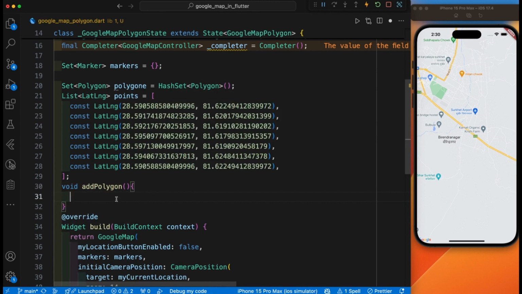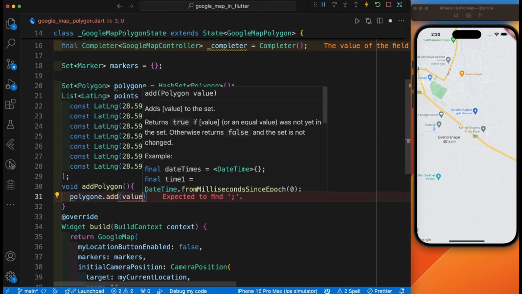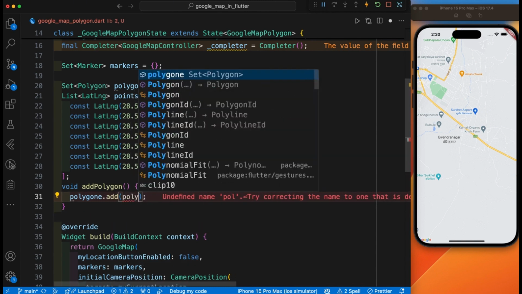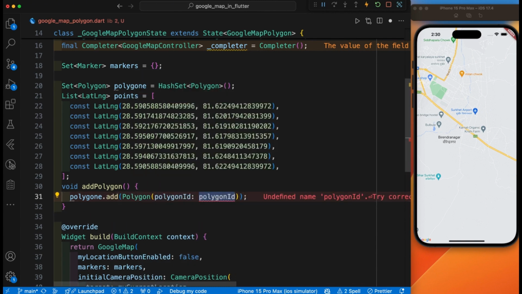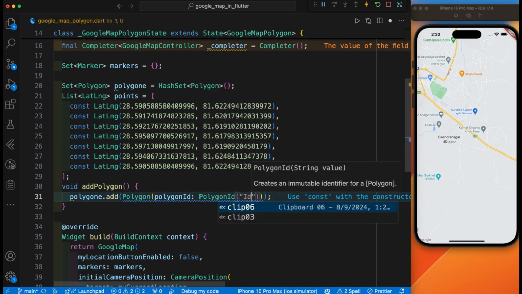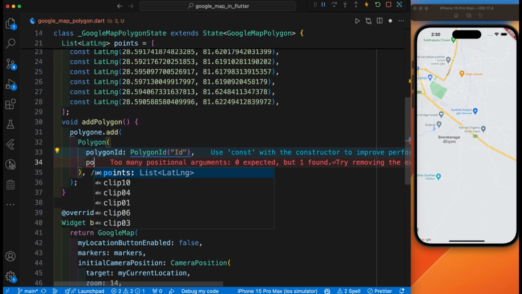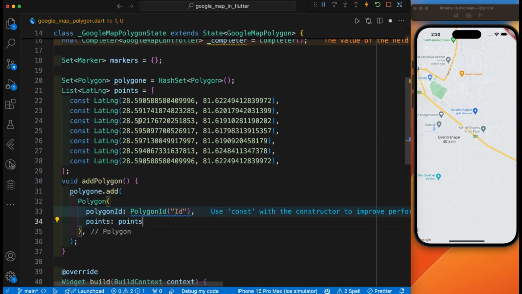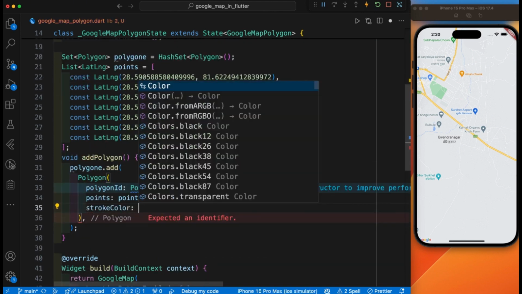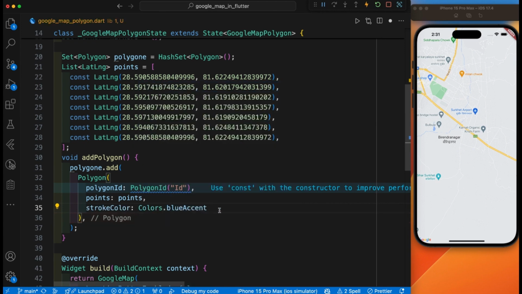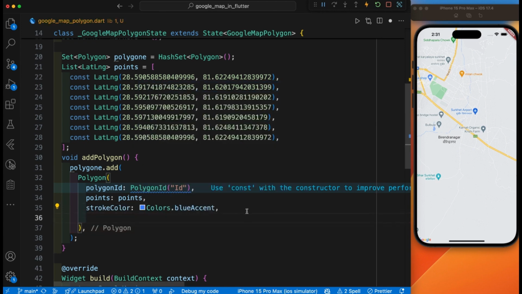And inside this method, there is the polygons dot add function. Inside this, there is the polygon, and we need to give an ID. You can give any unique ID inside this. And here is the points parameter. We will connect this point with this point. Here is the stroke color, the color of the polygon border. You can give any color that you like,